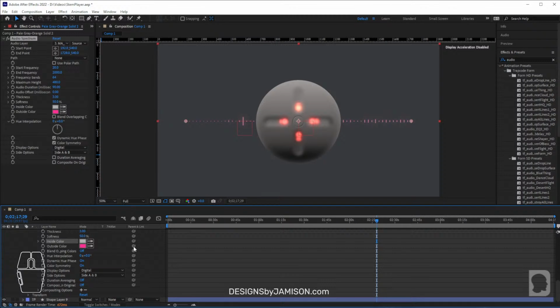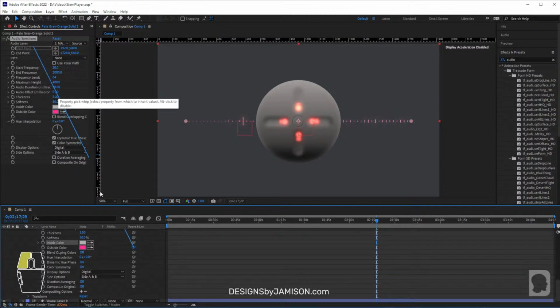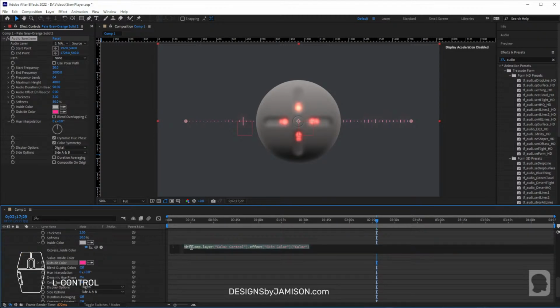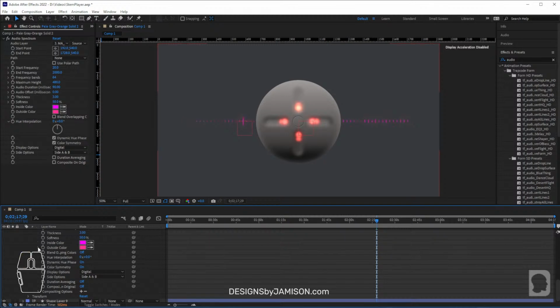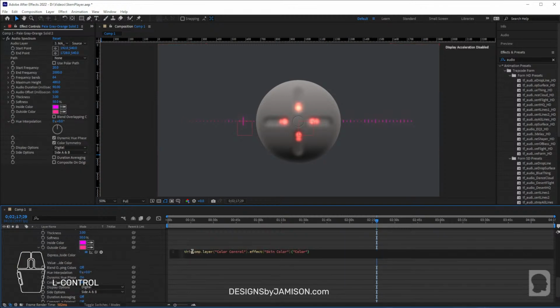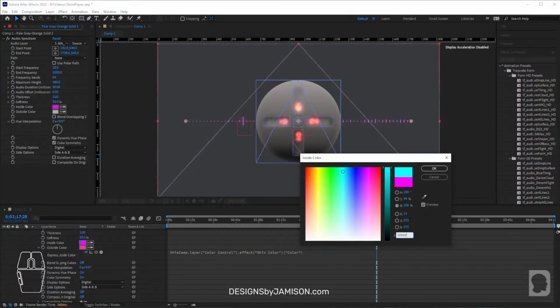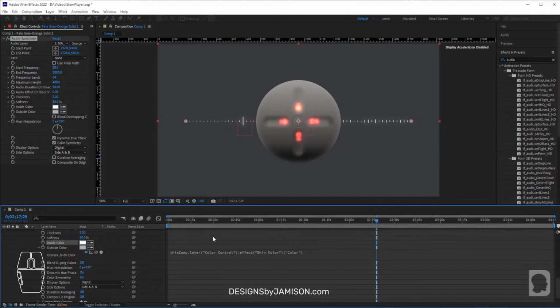Or maybe outside. I don't have time for this. And the inside could just be white. FFF, hex code for white. Now,